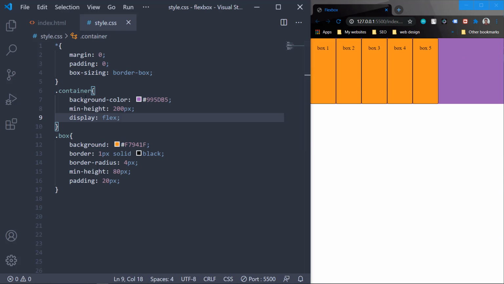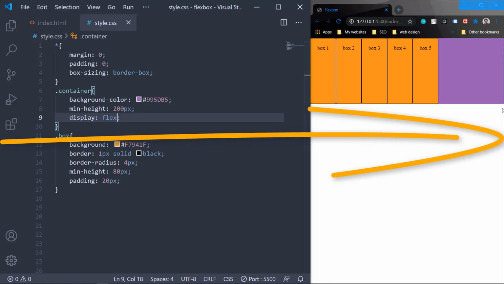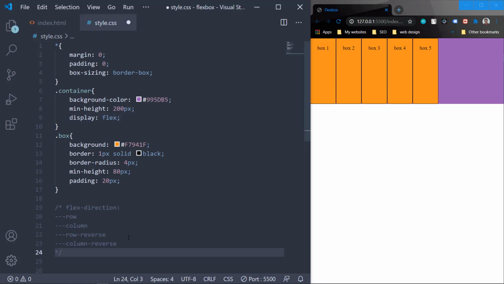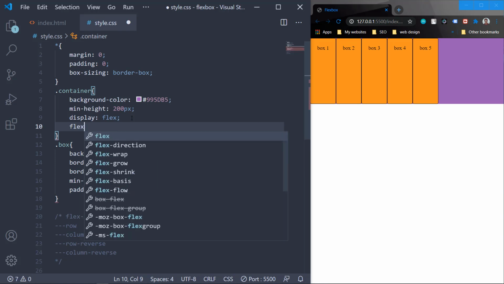Before diving deep into Flexbox, we need to clear up a concept first, which is the flex direction. There are two axes, the flex axis and the cross axis. The default flex axis is the row, which is this direction, and the cross axis is by default the vertical direction, which is the column. Although we can change it by giving it a flex direction. These are the values of flex direction. It can be row, column, row reverse or column reverse, and the default value is row, which is currently applied on this box. This flex direction property will be applied on the parent element, which in this case is the container. So flex direction is row.